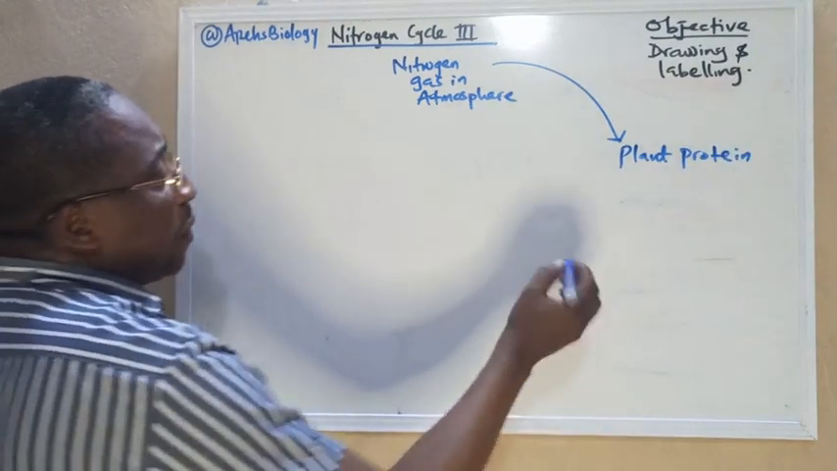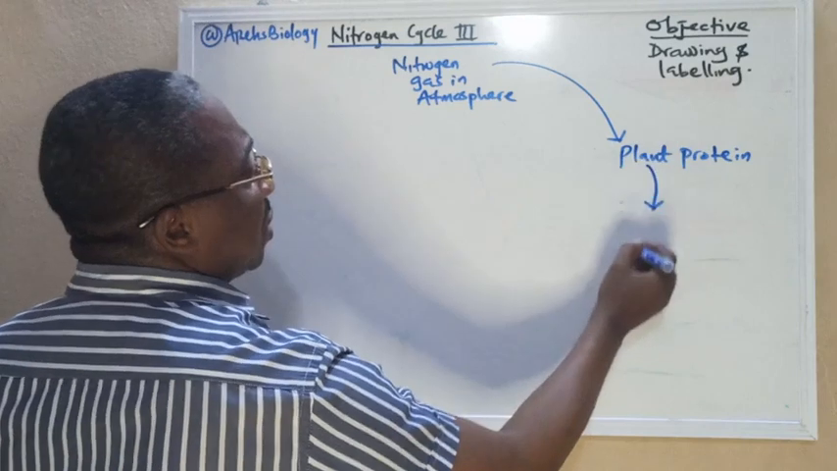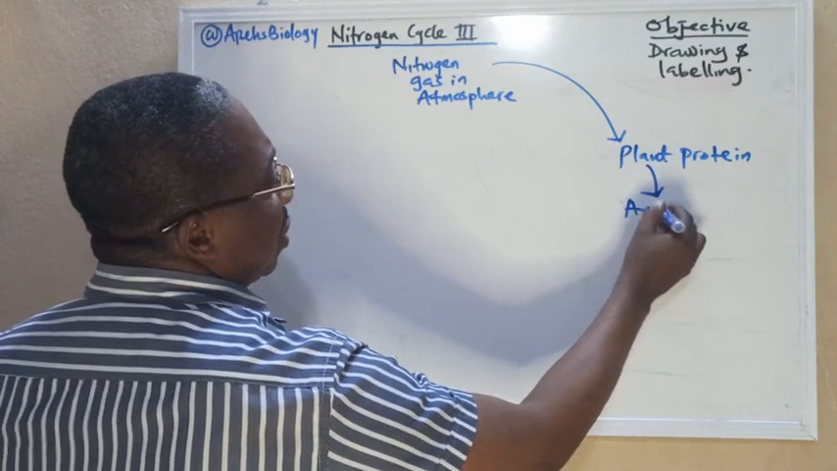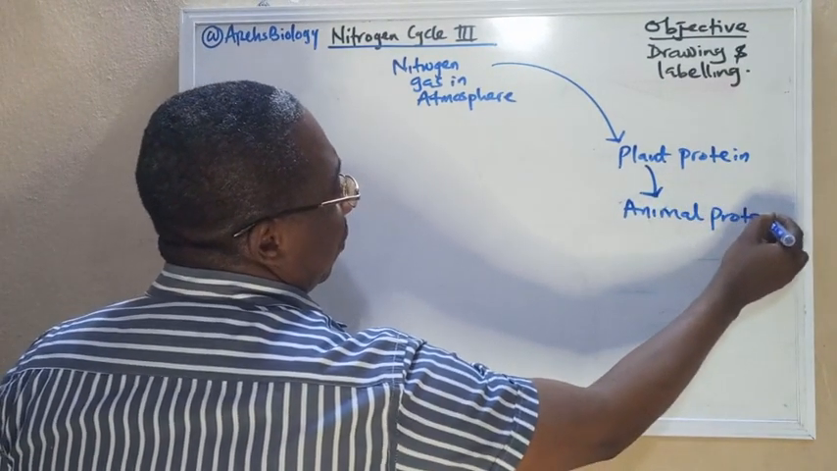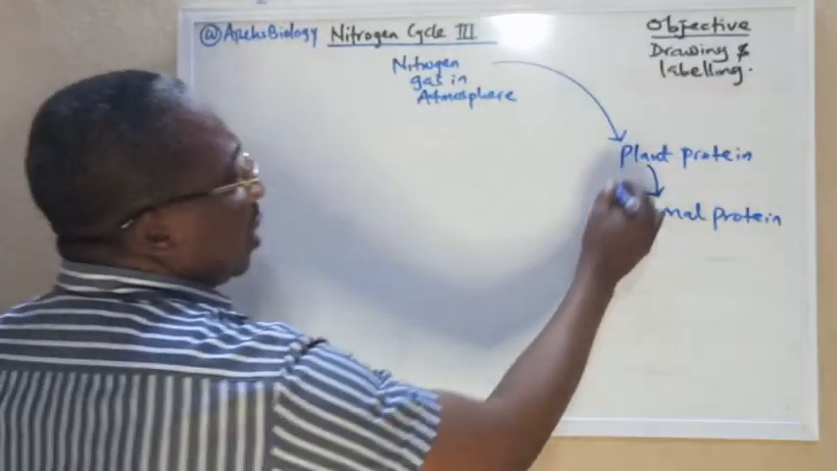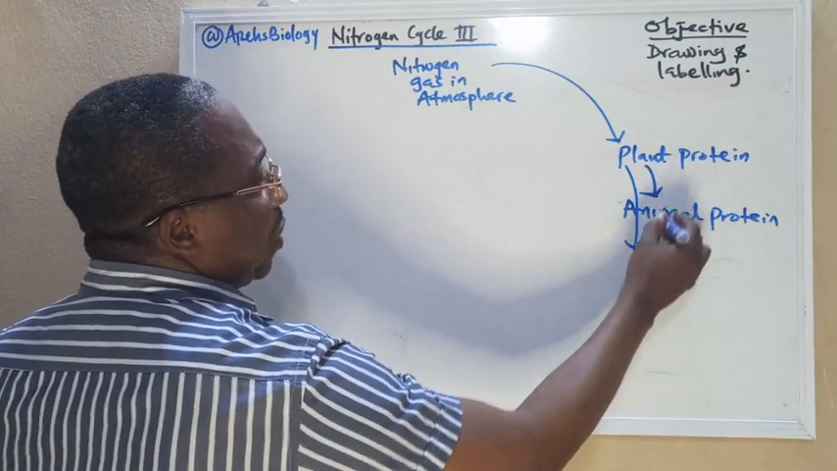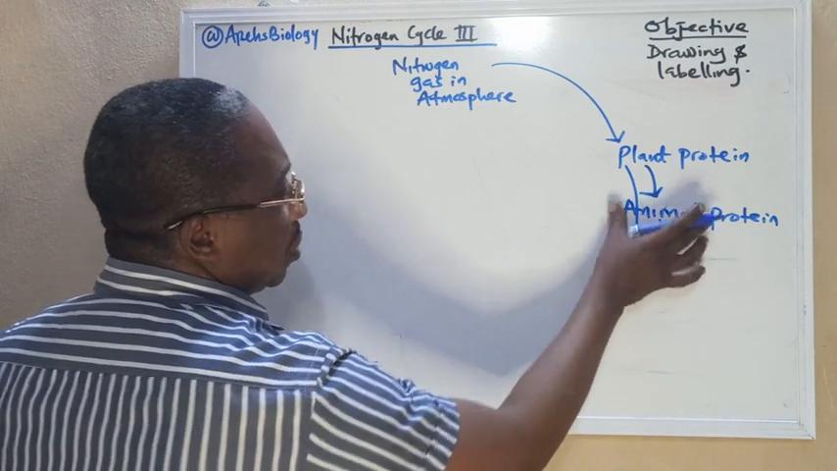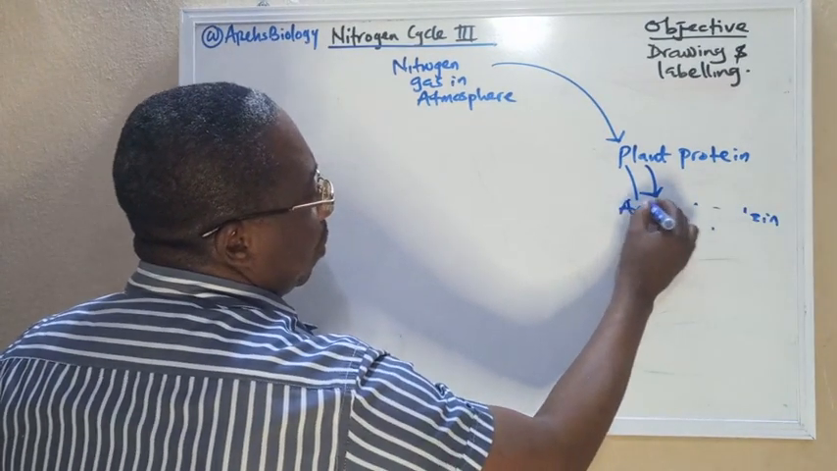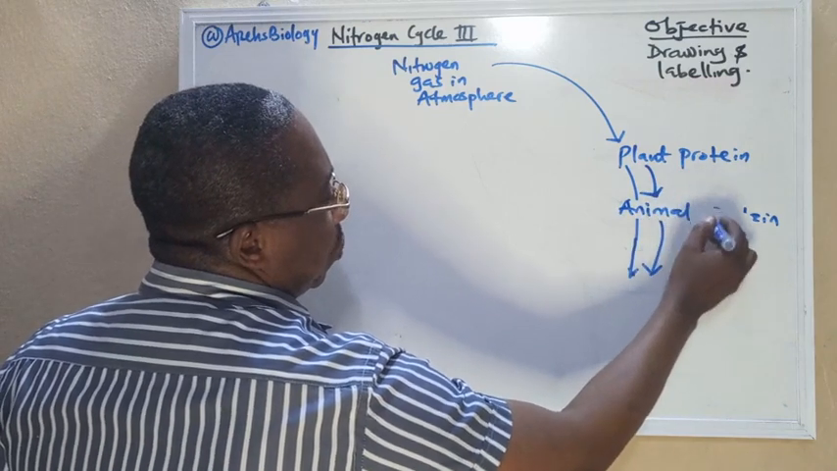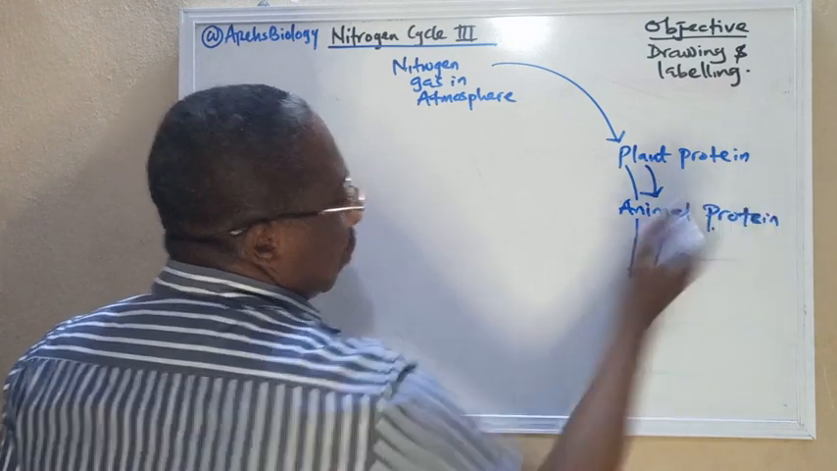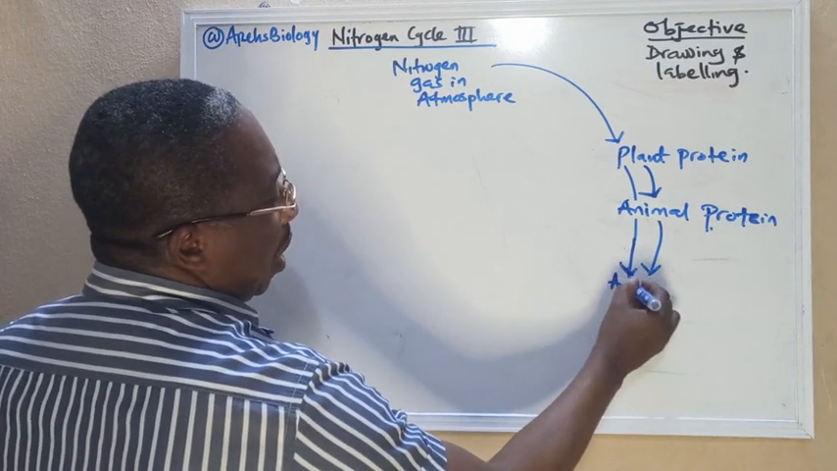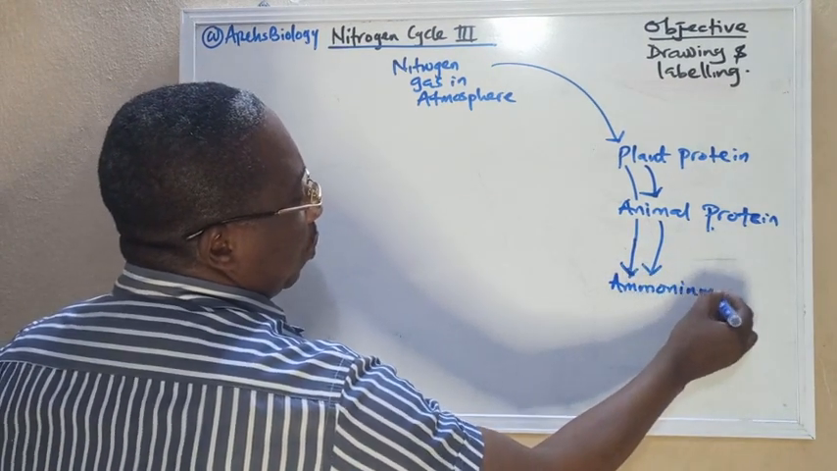And the plant protein will be eaten by animals, okay? Animals can get the plant protein, so we call it animal protein here, okay? Then the animal protein, including the plant protein, both of them, will now undergo death and decay and form what is called, let's call it here, animal protein, so that you know that everything is going together. Okay, animal protein. Then when they undergo death and decay, that is going to form what is called ammonium